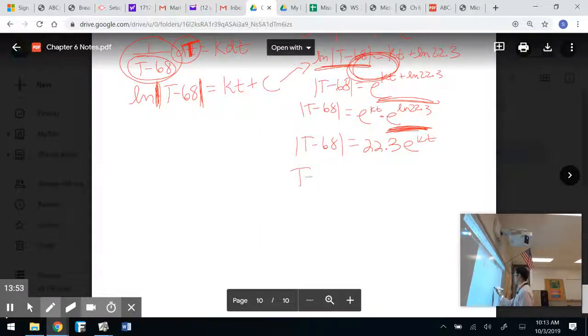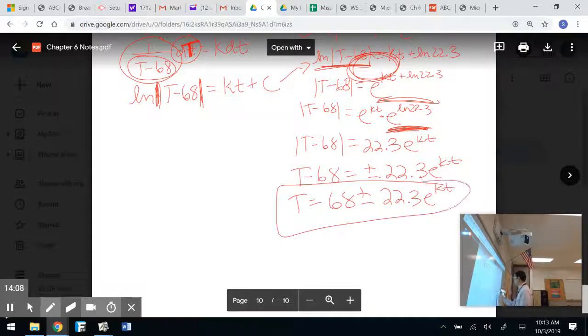And then I got to get rid of my absolute values. And how do I get rid of that? It's plus or minus. Okay? And then we add that 68 on both sides. And there is my differential equation. Boom. Remember, I got to pick the plus or the minus, and I can do that by using my initial